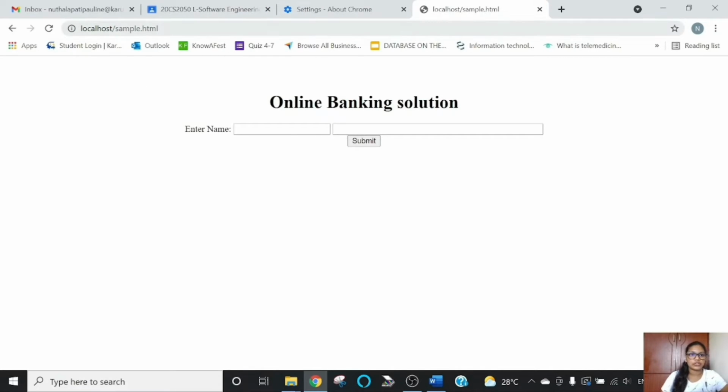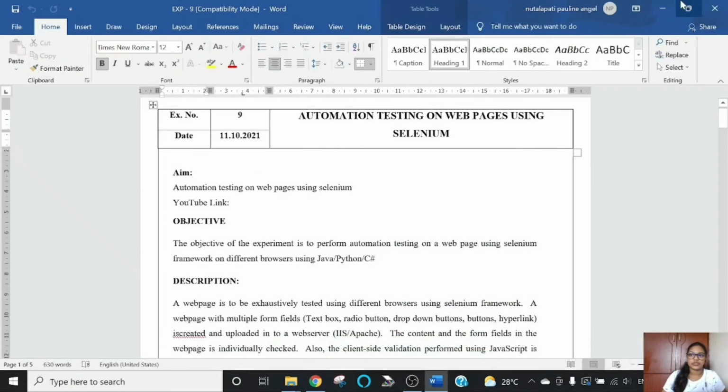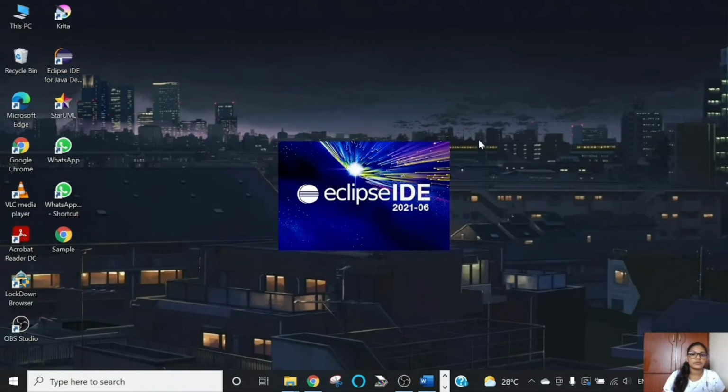So if even after changing the path, it is getting implemented, then it is assured that we have given the correct HTML code. So using that HTML code, we have created a web page, and now we are going to check it using the Java IDE. So we'll just open the Java IDE,